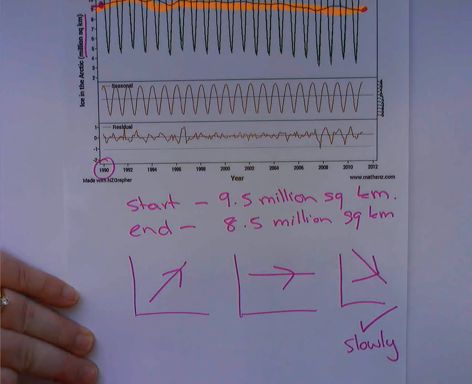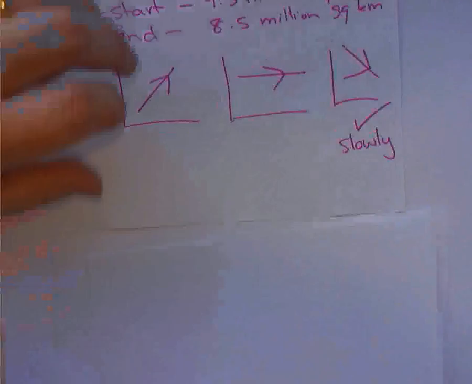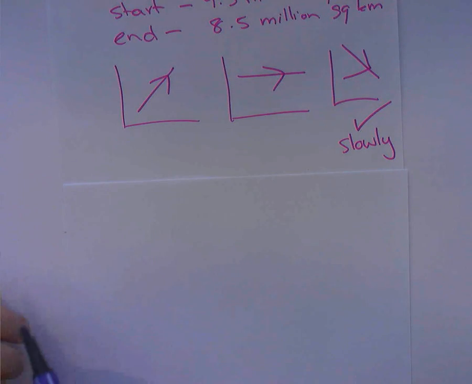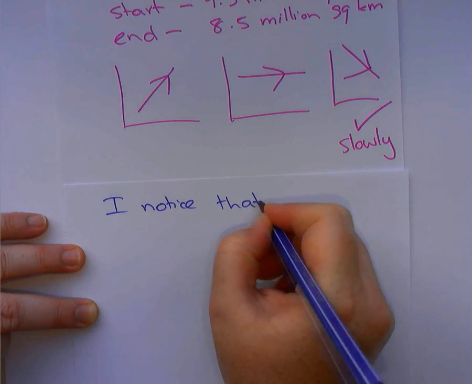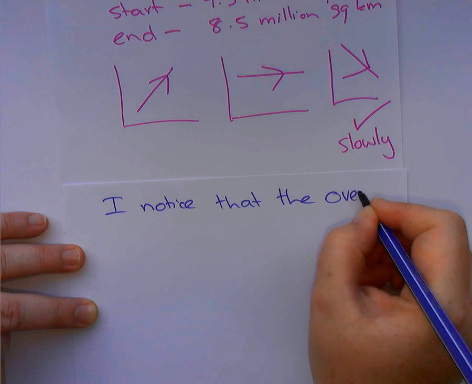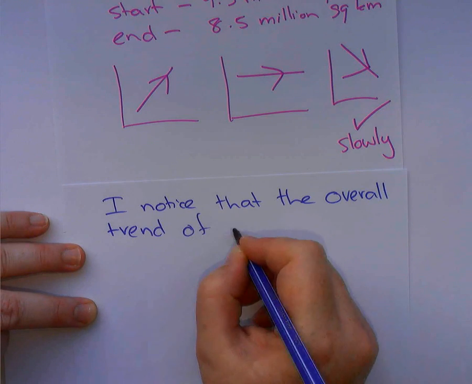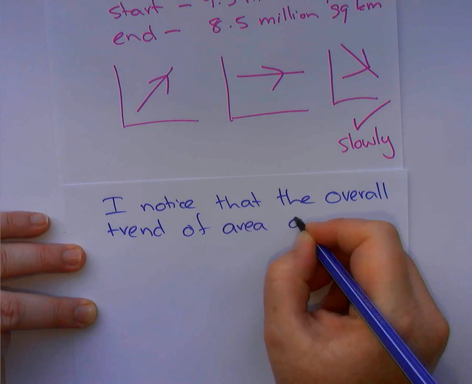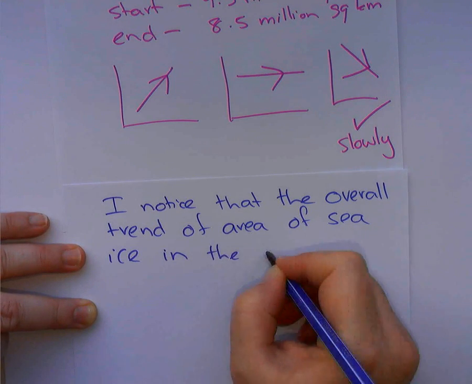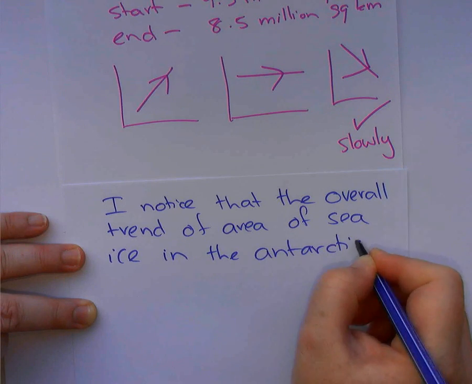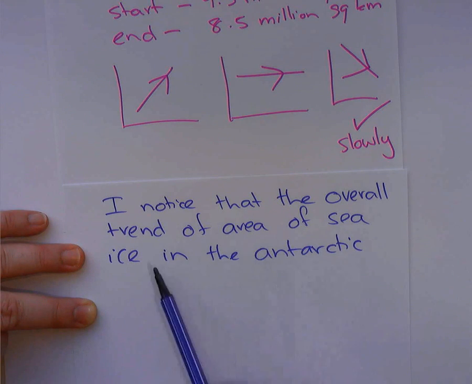So now I need to turn that into a sentence. Okay, so I'm going to start with an I notice statement. So I notice that the overall trend, I'm saying what it is that I'm doing, I'm talking about the overall trend of area of sea ice, I'm defining my variable, in the Antarctic. So I've said it's an overall trend, and I'm talking about the area of the sea ice, so I'm defining that variable,